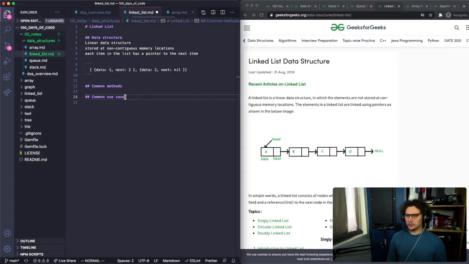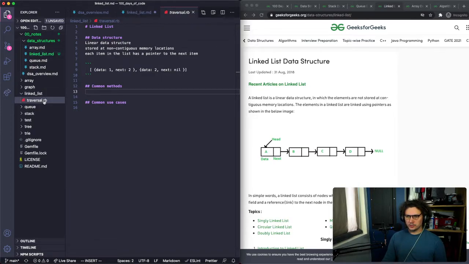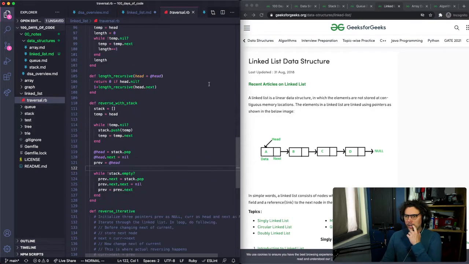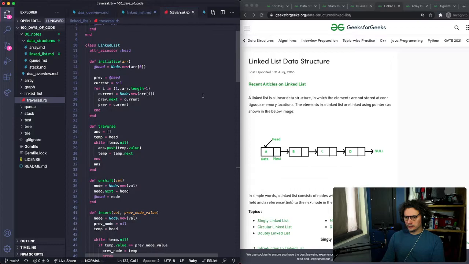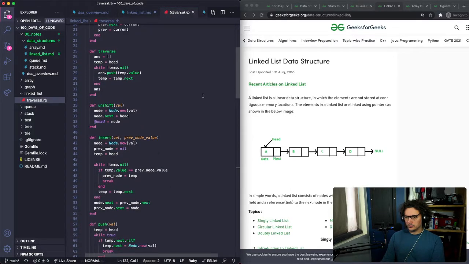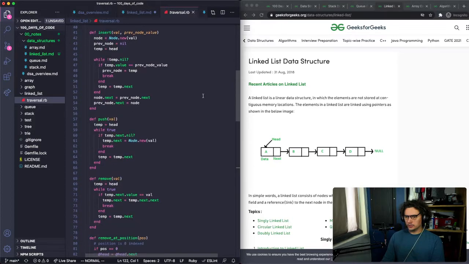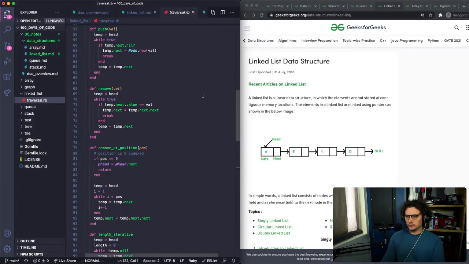Oh, maybe I should add a common pitfalls. I don't necessarily need that right now. This is fine. Everything's fine. I'm gonna have to look at my code for this. Common methods. Push, unshift, insert, remove.